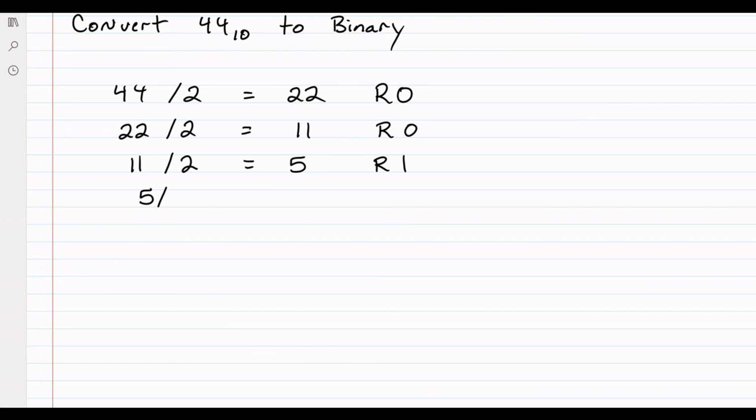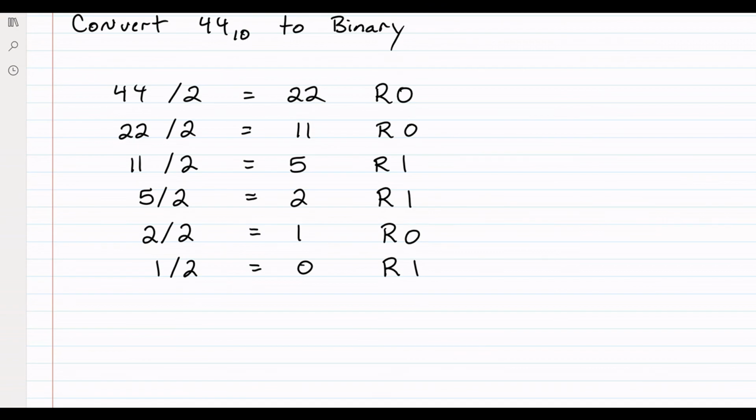And 5 divided by 2 is 2, remainder 1. And 2 divided by 2 is 1, remainder 0. And then 1 divided by 2 is 0, remainder 1. Okay, so read up, and your binary number would be 1 0 1 1 0 0. Okay, convert from decimal to hexadecimal. Instead of dividing by 2, I'm going to divide by 16. So if we wanted to convert,